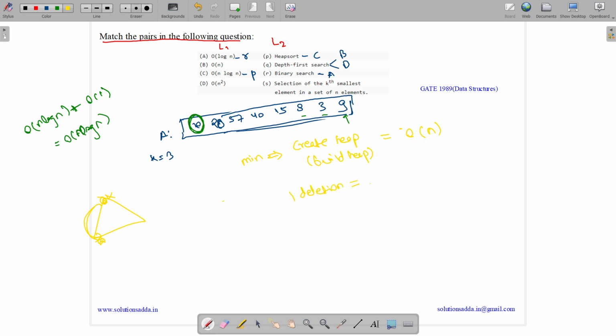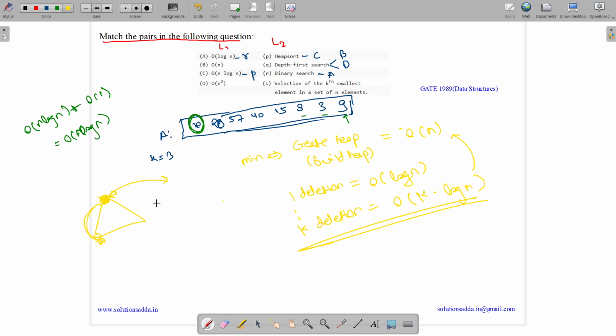So a min heap is created, and we do one deletion. What is the complexity? Order of log n for heapify. After one deletion, as the min heap has the minimum item at the top, you will get the min item out. And if you do k deletions, each one costing log n, the complexity is order of k log n. So the k deletion complexity is this, the build heap complexity is this.